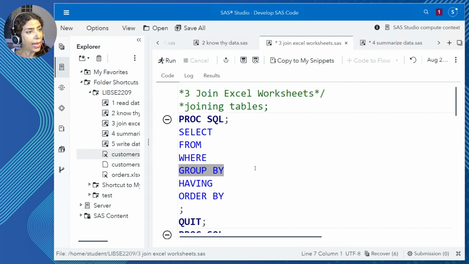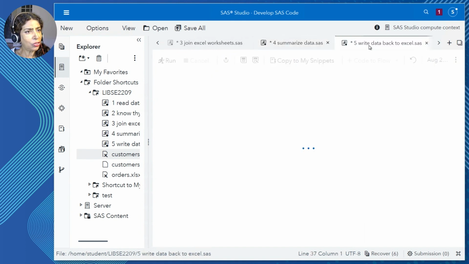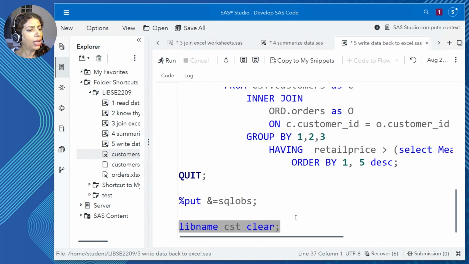Excel is not an analytic spreadsheet. It's mostly for storing data and doing some work there. But with the help of SAS, I'm able to do all of this work and then furthermore, not just read Excel, but write back to Excel. That's how easy it is to bring Excel into SAS Viya. Punch in some PROC SQL code and away you go.